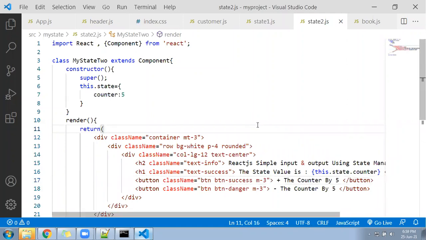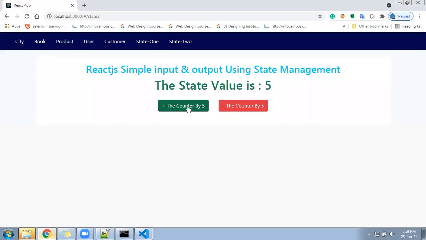Okay, now let's come to the browser again. See, we got a red button and a green button. Once you click on the first button, our state is going to increase by 5, means you are going to update the state. When you click on the second, you are going to again update the state, but in minus.